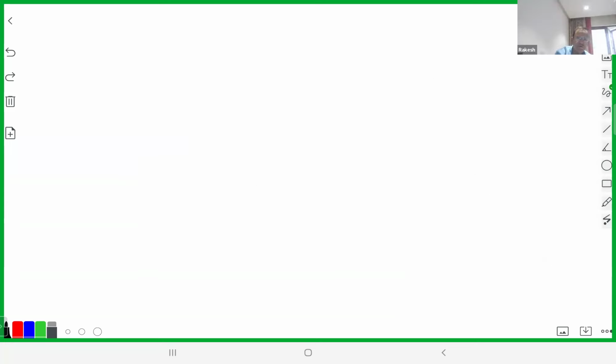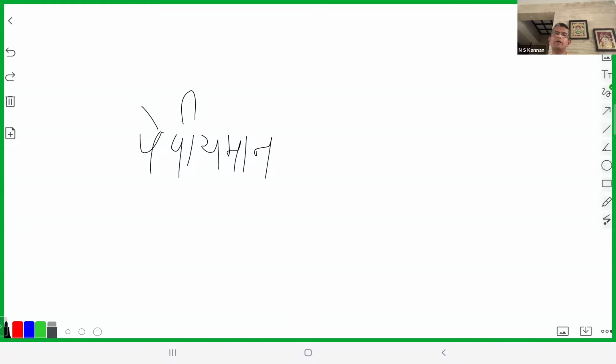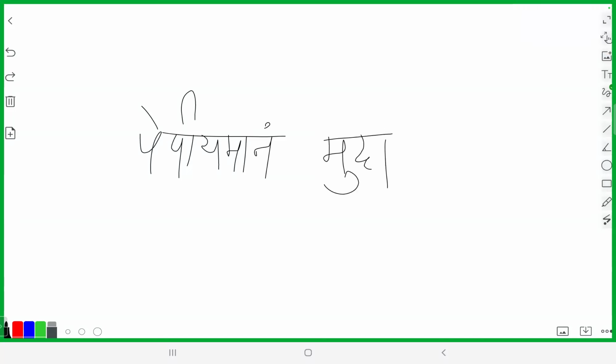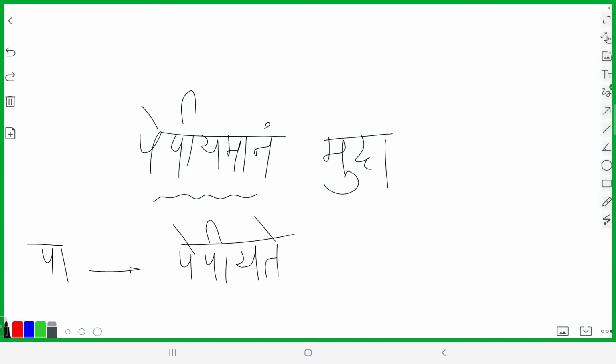Padha is repetitive. You're doing a repetitive action. For example, Pepiyamanam muda. You remember where this is coming? Yeah, Dhyana shloka. In the Dhyana shloka, you get the Pepiyamanam muda. Pepiyate is to drink again and again. Of the pa dhatu, pa piva, the repetitive form is